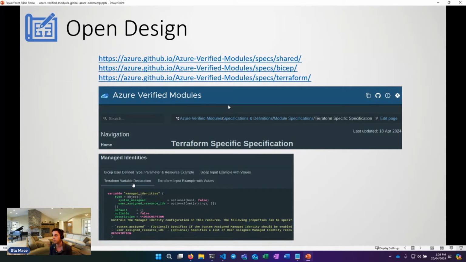There is a shared specification which tries to drive commonality between Bicep and Terraform where it makes sense, and there are specific specifications for Bicep and Terraform as well. That's particularly interesting because it means you're able to see the thought processes behind why modules are made a particular way, and some of the design thinking behind them.